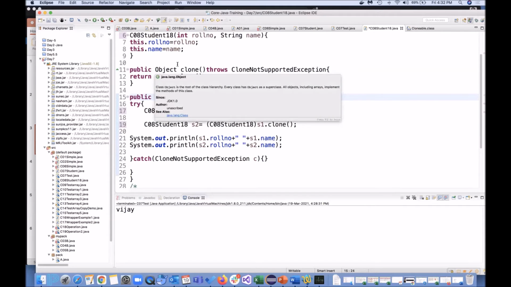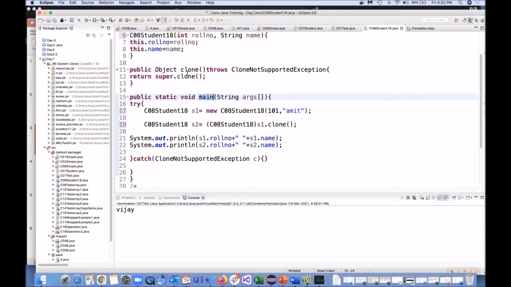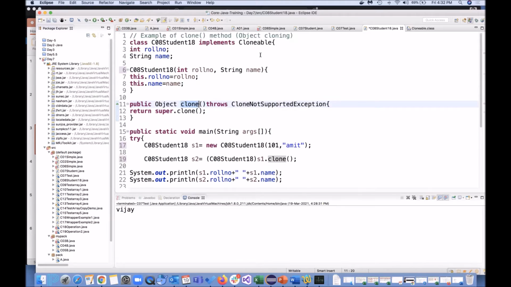You have public Object clone throws CloneNotSupportedException, so there is a clone method. Because this is an interface, you don't have any method there. You explicitly write this clone method so that you can call super.clone.